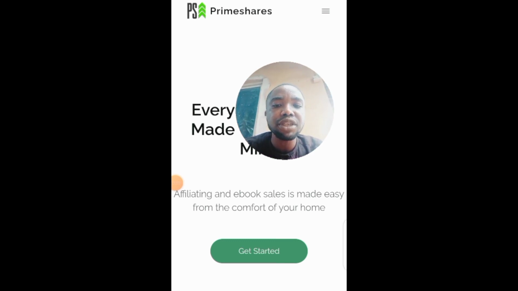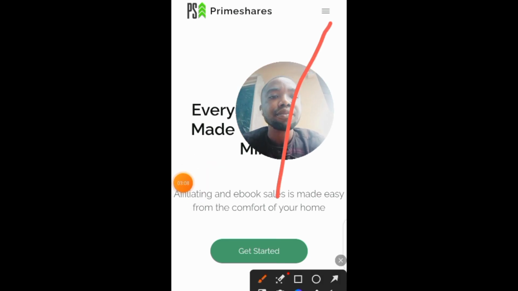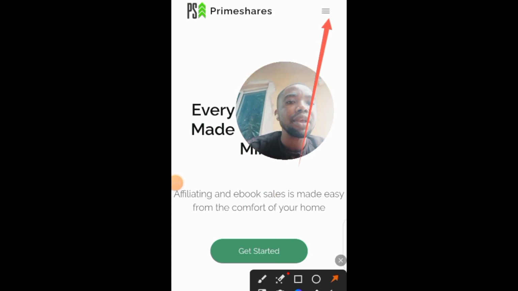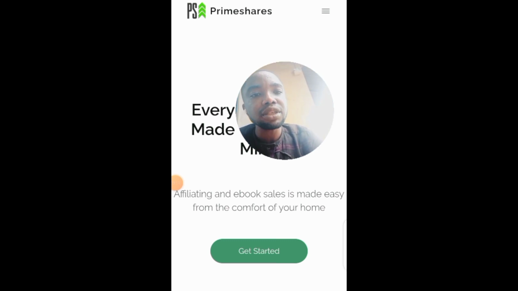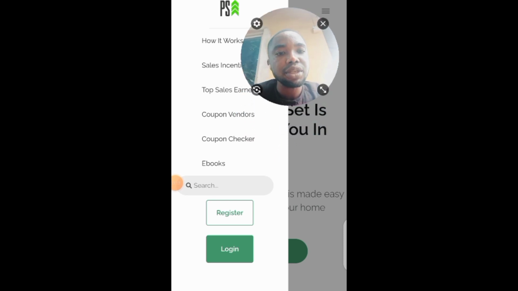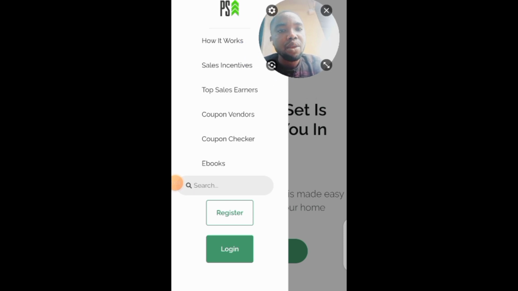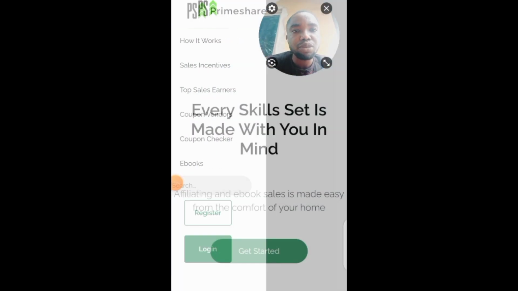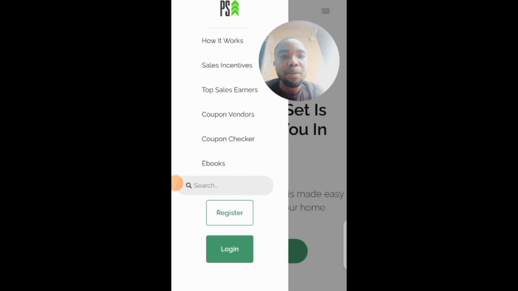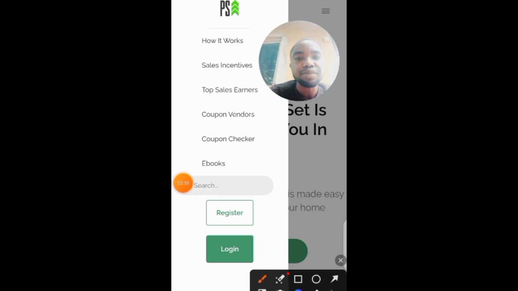Now let me shrink my video. When it opens like this, see where it says how it works, Primeshare incentive, top sellers, coupon vendors, coupon checkers, and ebooks. Now the one that we are going to use is coupon vendors. That is, those that are selling coupons. When you click on these coupon vendors like this,